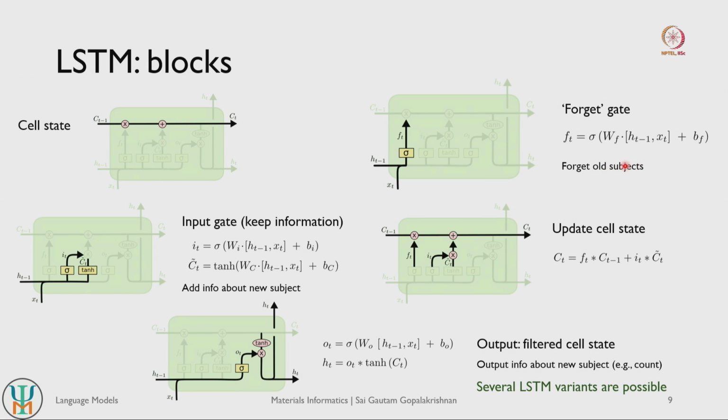So we do not have to remember the fact that there were animals in the farm as much, right. So we can actually forget some old subjects within the sentence that are actually not relevant, and this forget gate helps the model forget unimportant information. So the input gate basically helps the model learn about new information that are probably important, such as chickens are the most important animal, right, in the farm. So this helps the model learn new information, and once the new information is learnt and the old information is forgotten, it is then used to update the cell state, right. So the state of the cell that is actually passed on through the subsequent blocks as well.